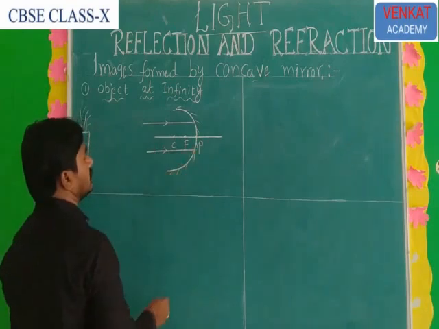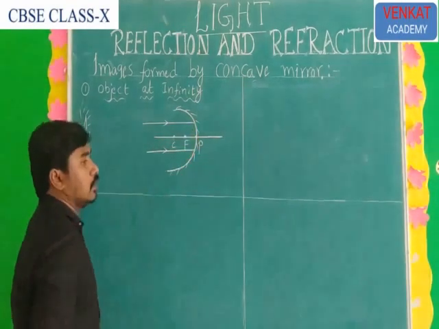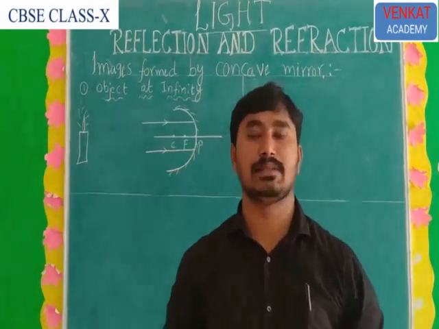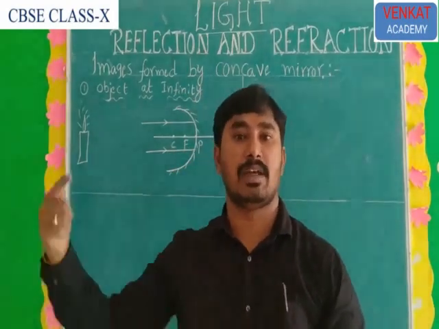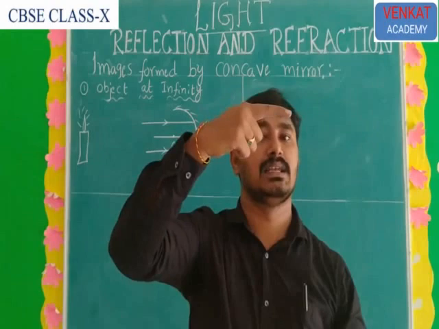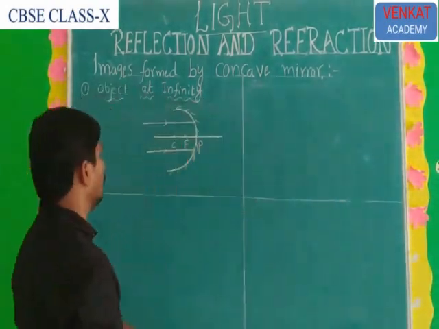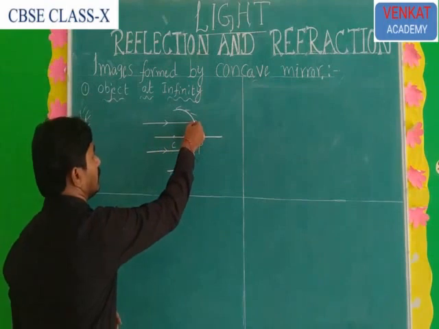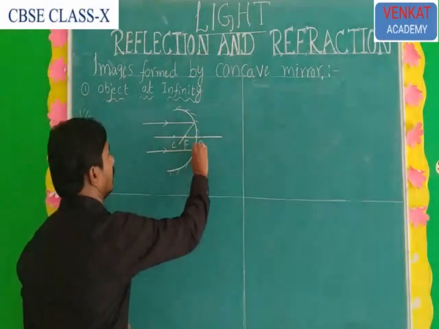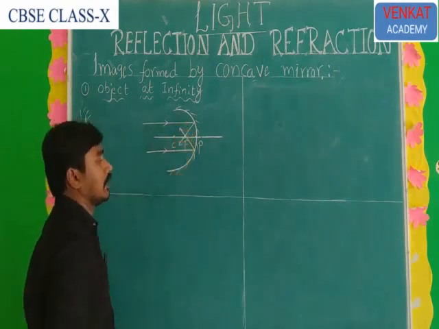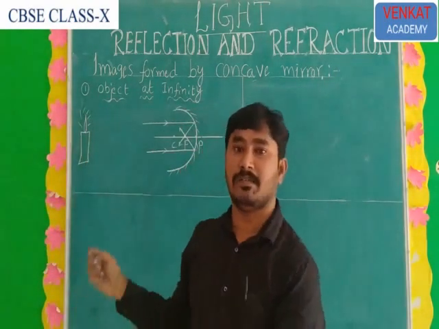When the light rays touch the reflecting surface, you know very well the ray diagrams. Already in the last class I explained the ray diagrams. What is ray 1? Ray 1 means when a light ray passes parallel to the principal axis and touches the reflecting surface, after reflection it passes through the focus. So the 2 reflected rays meet at a point, the focus point. Okay, that is the first condition.